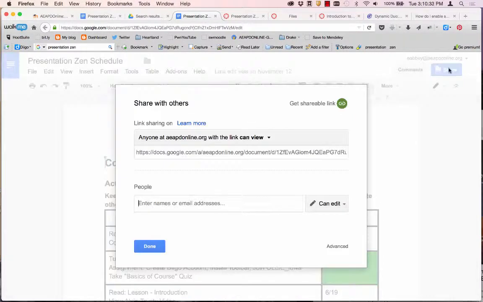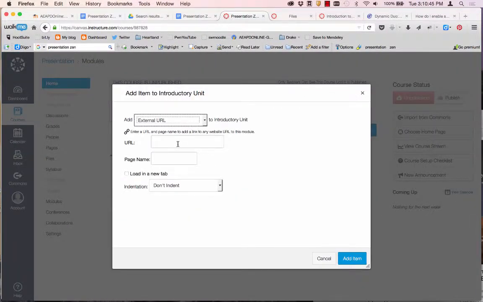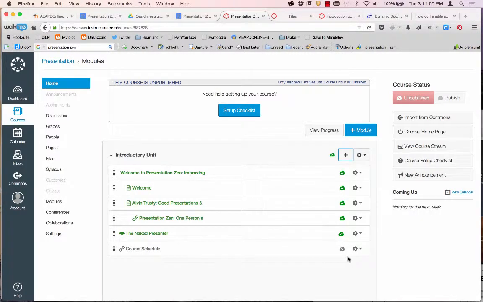I'm going to click on Share, and I'm going to grab the link there. You can grab it through the shareable link, or you can just grab it straight from here. And then when I go back to my course, and I paste it in, go ahead and label it there. Again, I could have it load in a new tab, but instead I wanted to embed straight within there. So I'm going to go ahead and click Add Item. And there it is. I'll publish it. And now when I click on it,